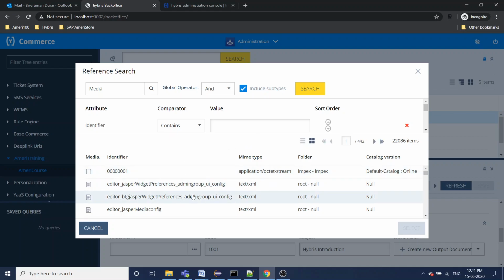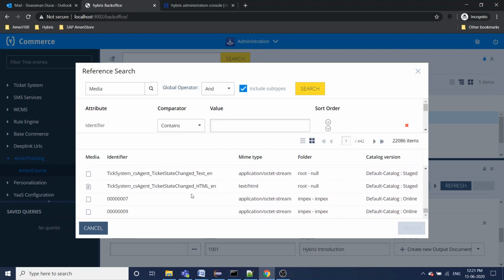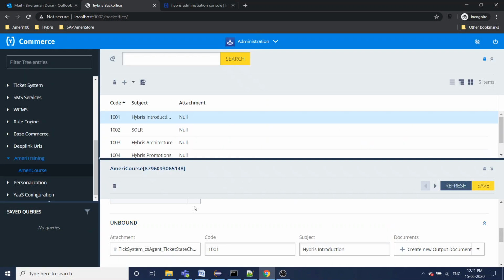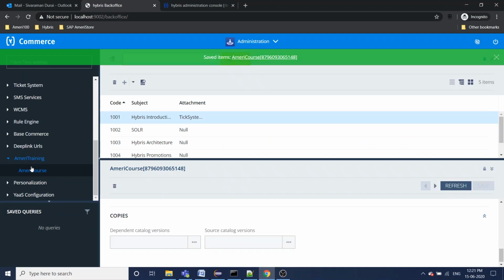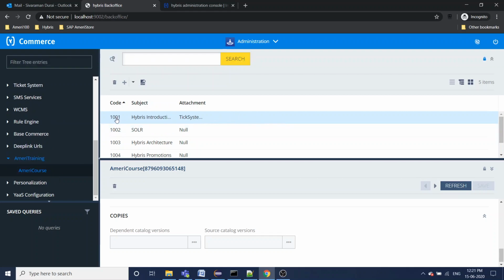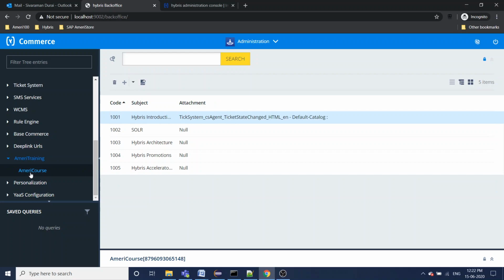If you want, we can add any kind of attachments and select the data, and you can save the changes and go back to Ameri courses, and that's it. See here, we can see the code, subject, and attachment. So that's the simple configuration of the back office.